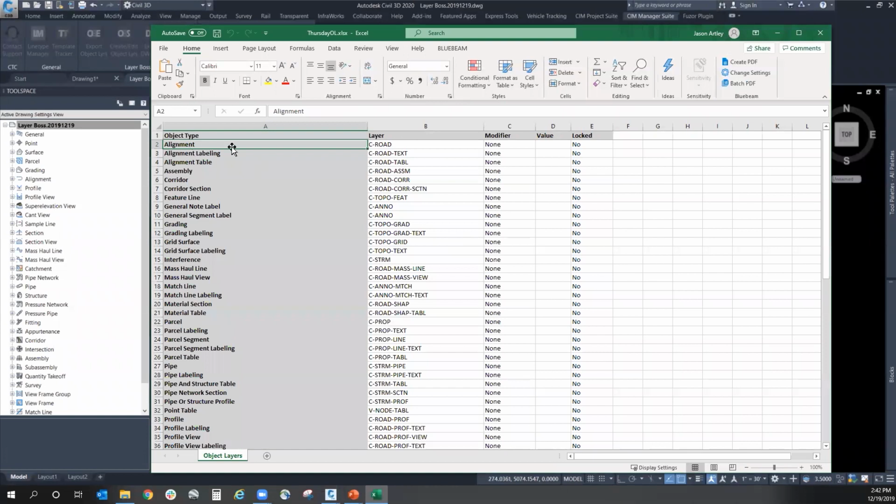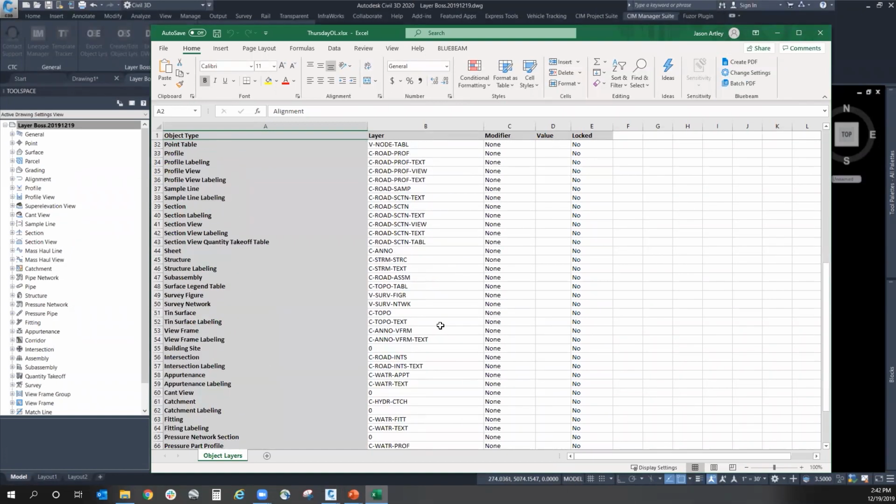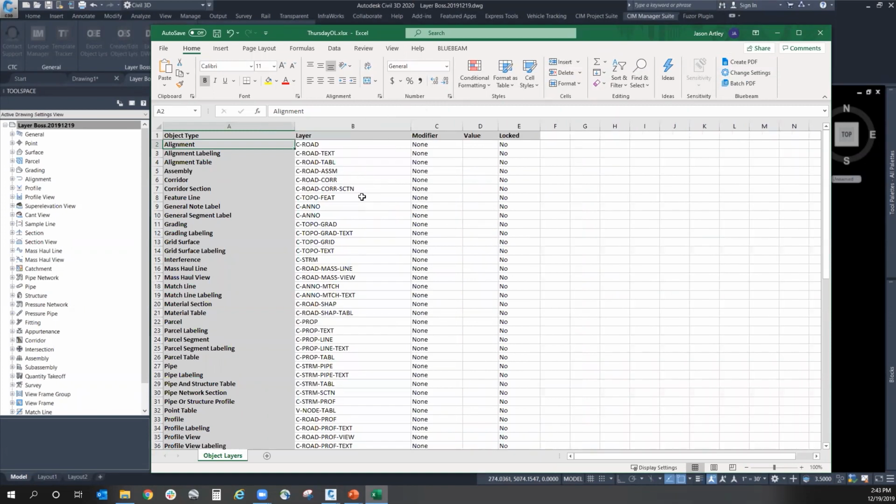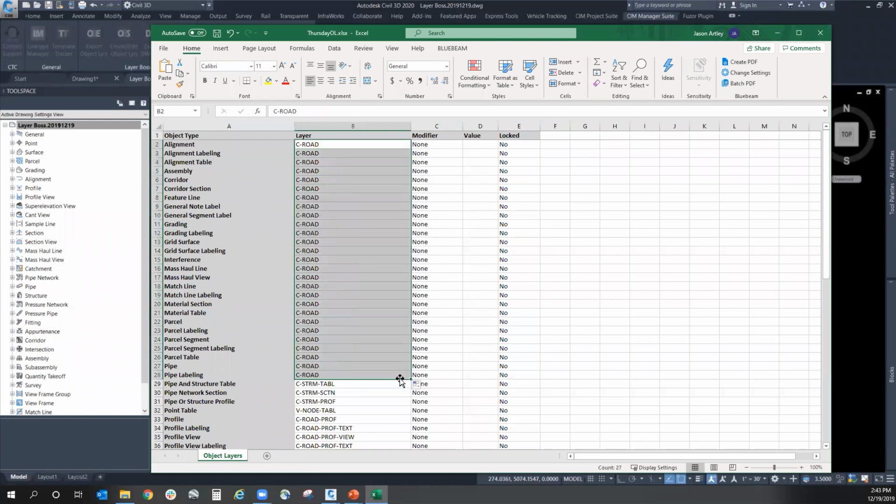And there we go. We can configure all these however we like. It makes it much faster, more efficient. This is also a great way to change between templates. This is something you're not going to see the migration of styles do, is change your object layers as easily as it will with the Manager suite. So for example, if I wanted to just totally mess with all of these, same thing again, use my cell drag, convert all those layers to something else, save my file,